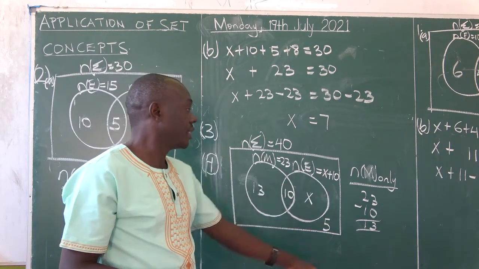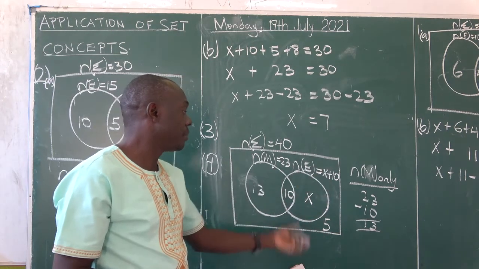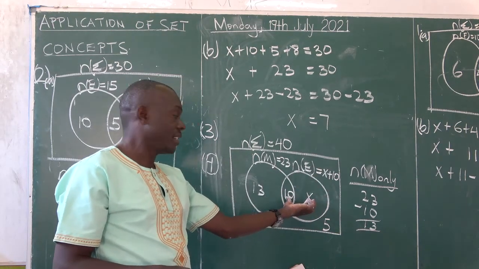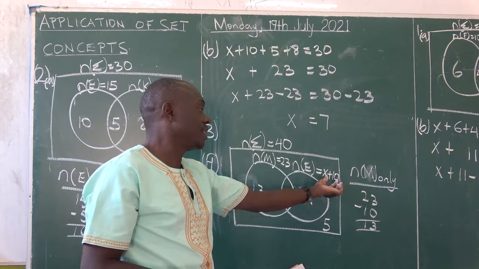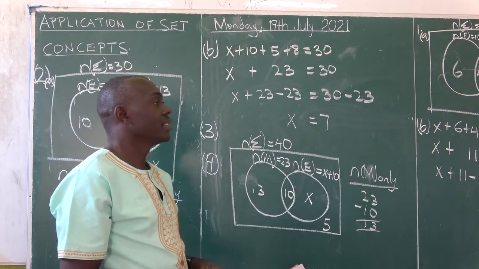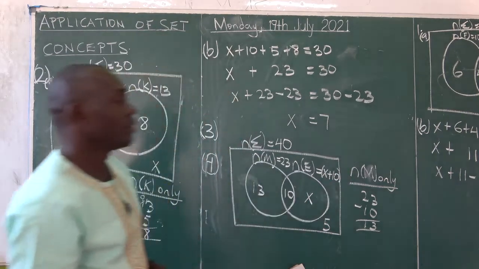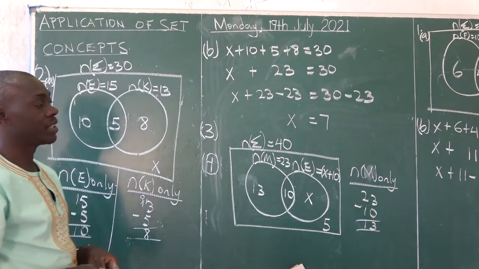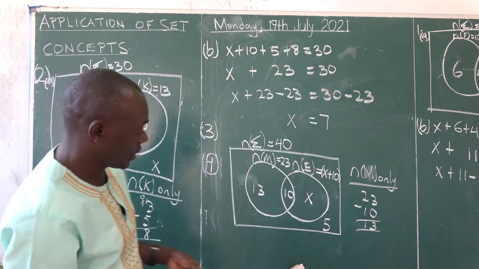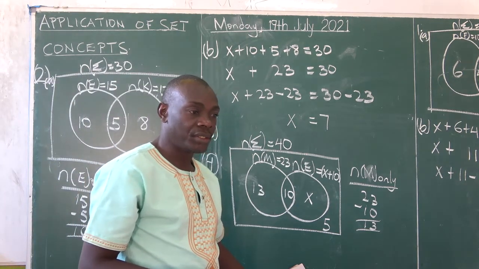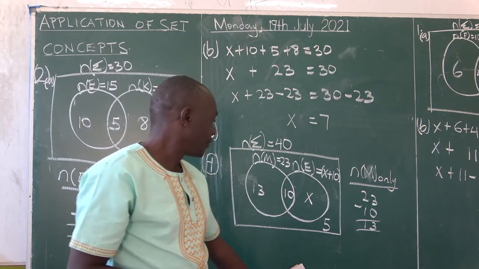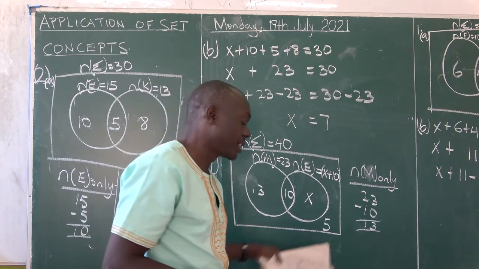So X plus 10, X plus 10, and the upper ones are formed by addition of what is inside. So the whole content is added. So write X plus 10, and it's better to put it in brackets because you cannot produce a single answer. With or without brackets, they will mark, but it's better to show it in brackets. Let me see whether the same Mark can find the value of X. Mark, find the value of X.